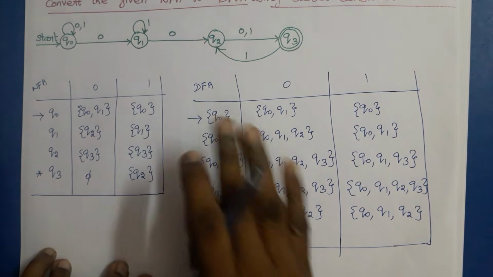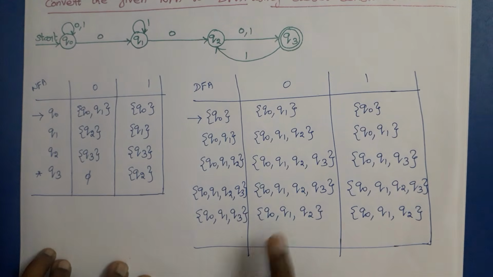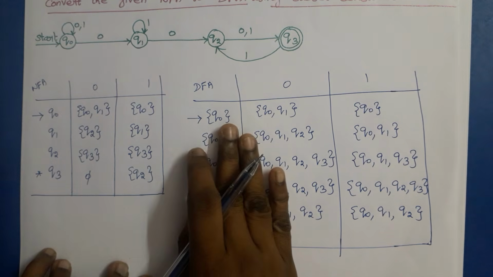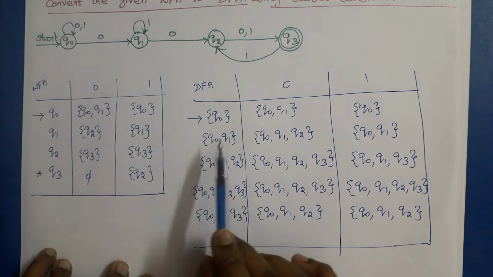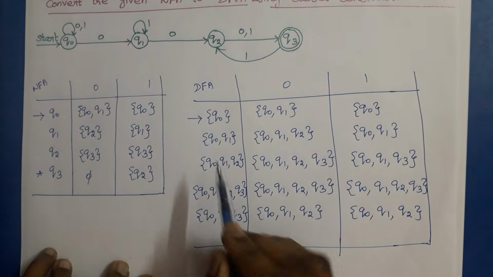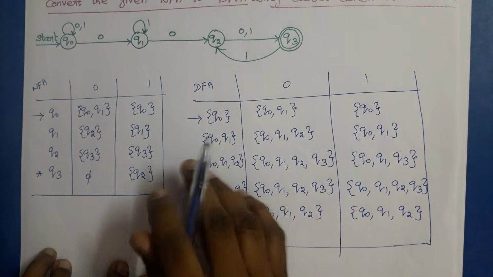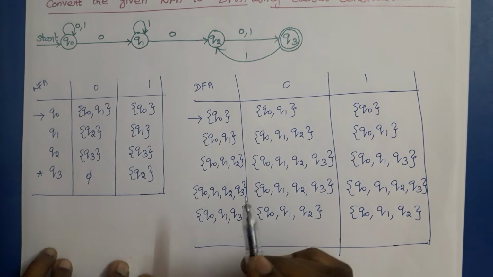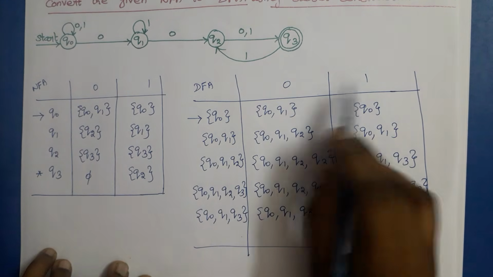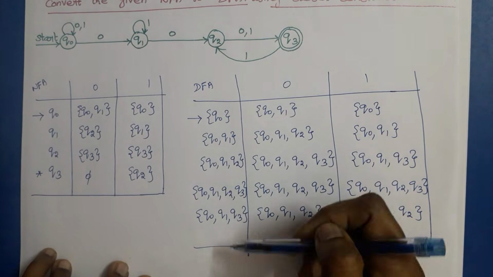So the DFA has 5 states. Instead of 2 to the power 4, that is 16 states, we have constructed only the accessible states, that is 5 states. So now we have to mark all the 5 tuples. We have to consider here the start state is Q0, sigma is 0, 1, and the set of states are all the 5 states.